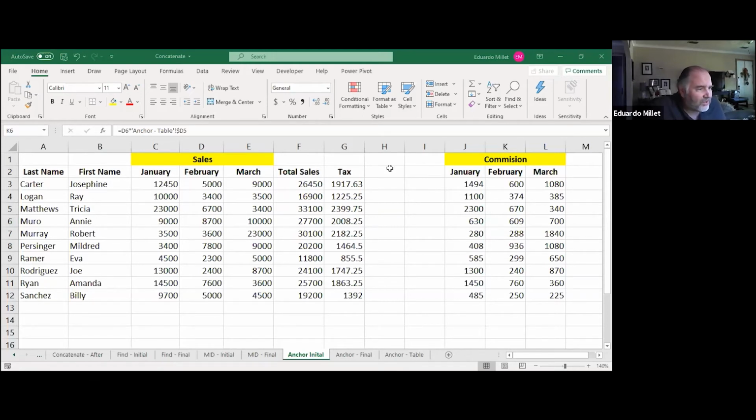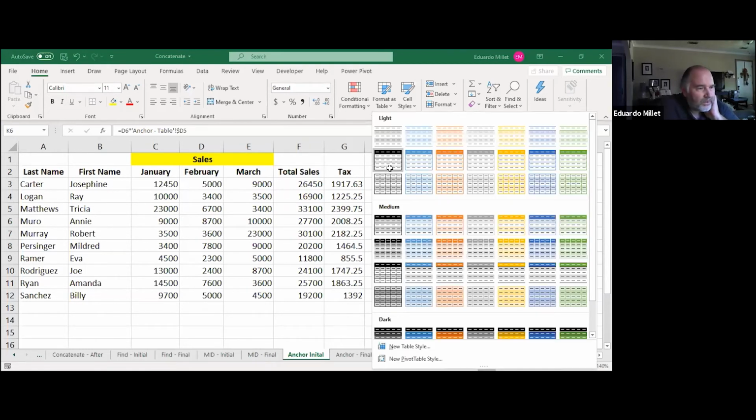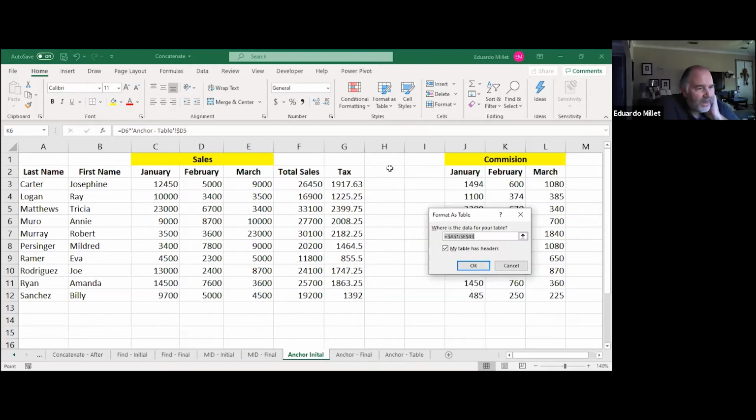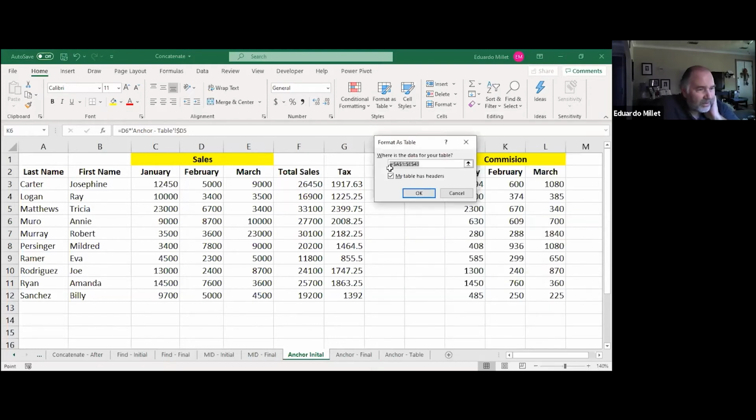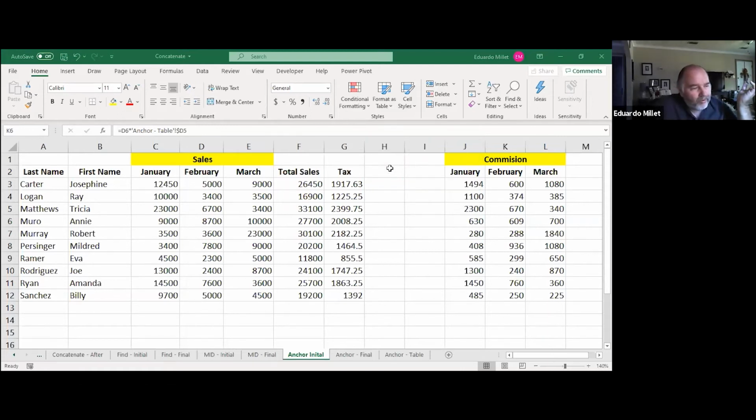So imagine you have some information, it arrives. One of the things, and not everyone knows this, you could tell Excel that this is a table. So I could tell Excel, well, all these cells are part of a table, and that becomes important later. So I could format as a table. Excel is asking me, okay, is that a table? Yes, and it also has a header. That way, everything that I do, Excel will recognize that this is a table,